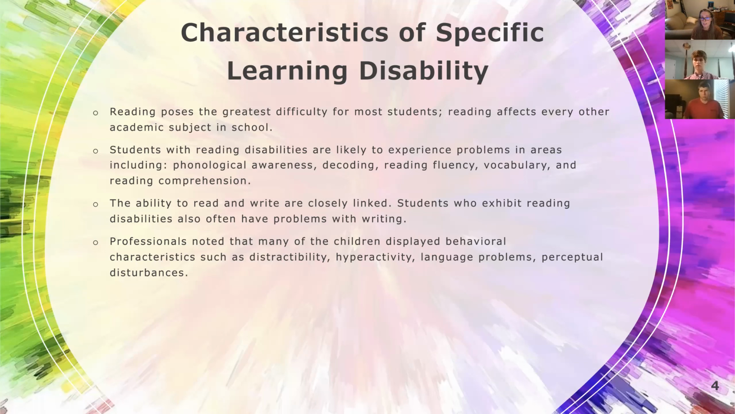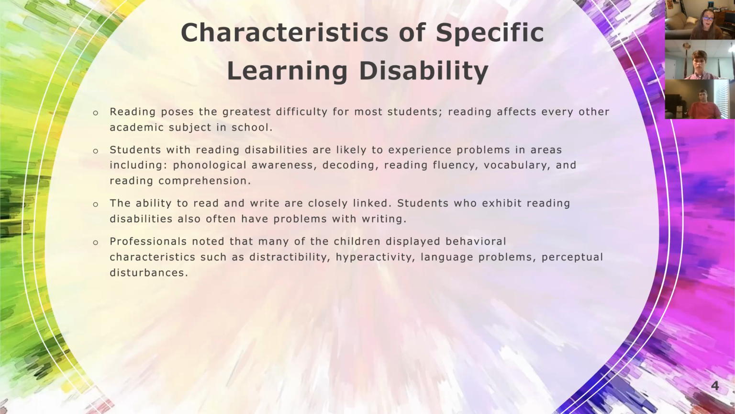Students with reading disabilities are also likely to experience problems in areas that include phonological awareness, reading fluency, vocabulary, decoding, and reading comprehension. If the students are not good at the basic skills such as decoding or vocabulary or phonological awareness, they're obviously not going to be able to read with fluency and understand what they're reading. In addition, the ability to read and write are really closely linked. So if a student is unable to read and they exhibit reading disorders, then they also have problems writing